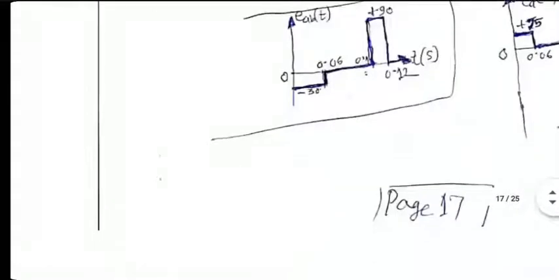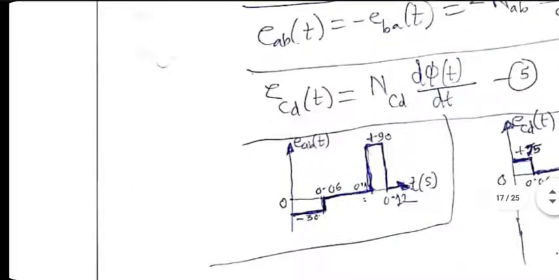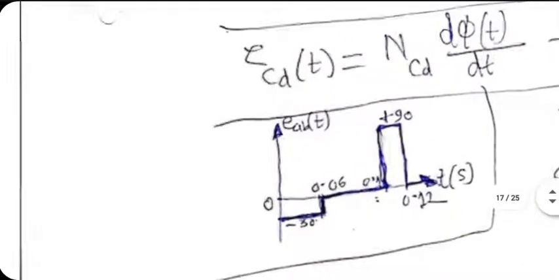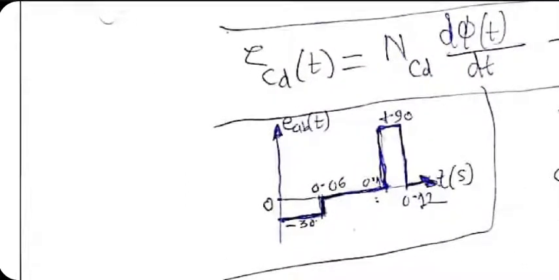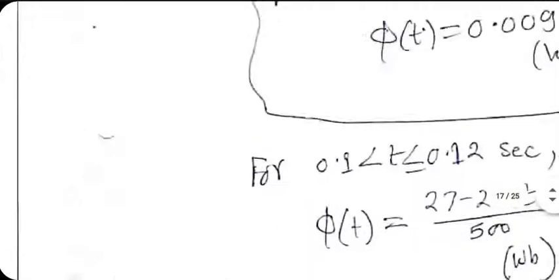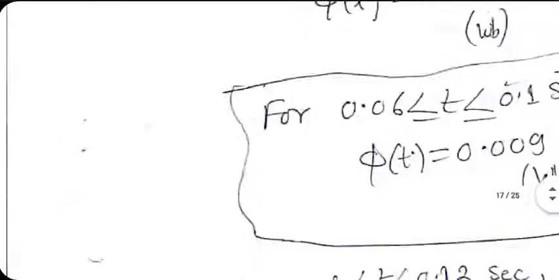And I guess I have put minus sign because I am using the minus value here. So 200 into 0.15 gives you 30. And minus sign is there because of the Faraday's law equation. So you get a flat line. EAB will have a constant value of negative 30 volt in the first range. In the second range, of course, it's 0 because d phi by dt is 0. No issue with that. In the third range, you have to differentiate this complicated equation that we got.